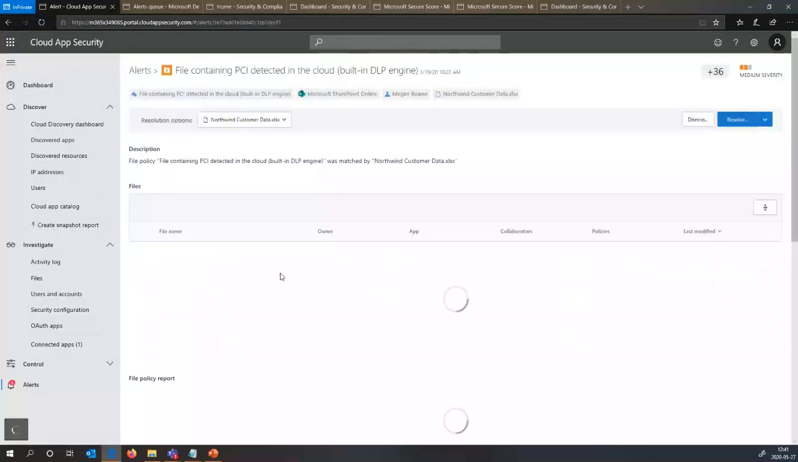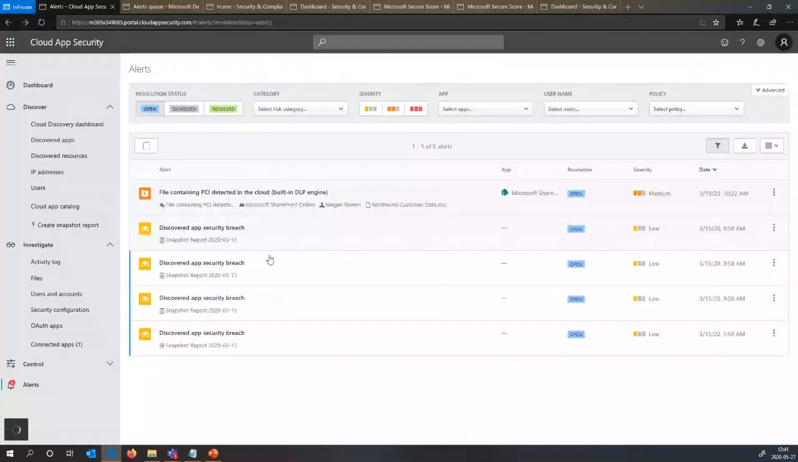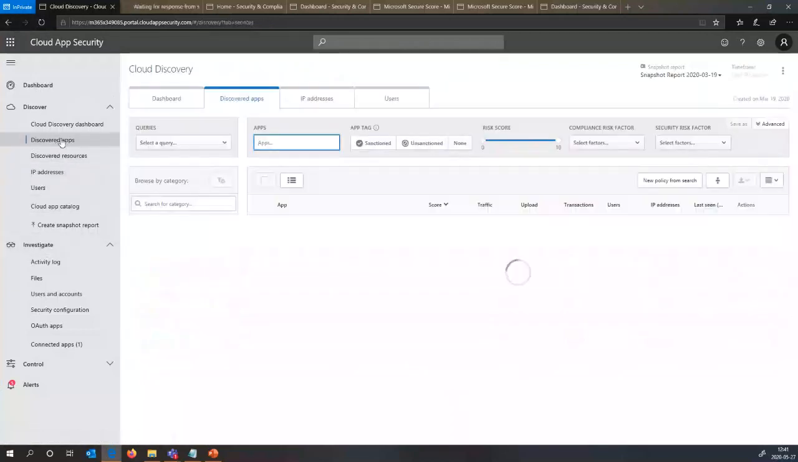Or I can take a look and say, oh, guess what? It looks like someone tried to share the Northwind customer data spreadsheet. And I know this is highly confidential. No one wants Northwind's IP to get out there. But yeah, poor Megan accidentally flipped a switch on the DLP policy here. So I can get an idea of what's out there,